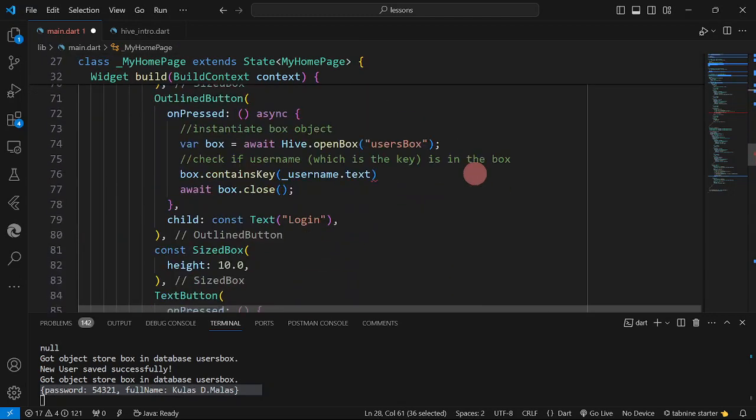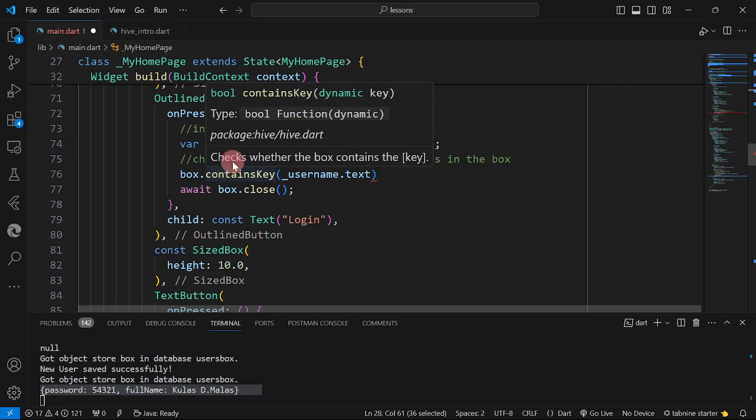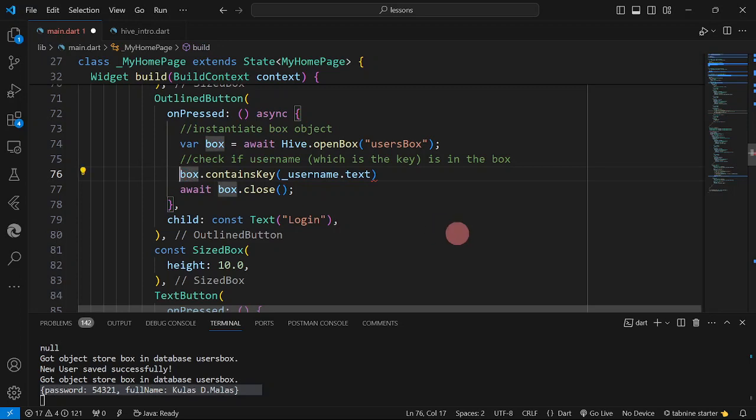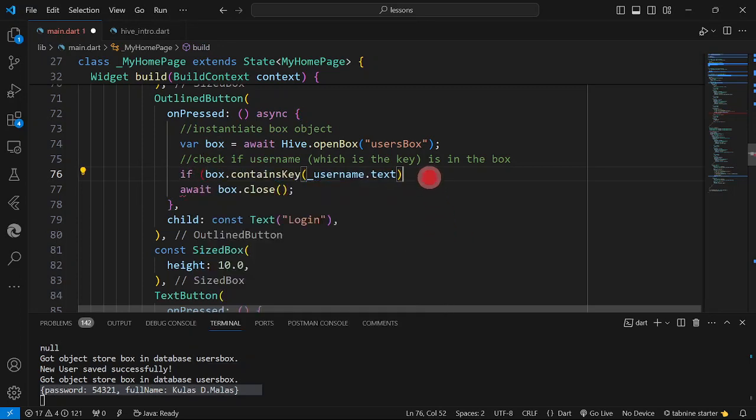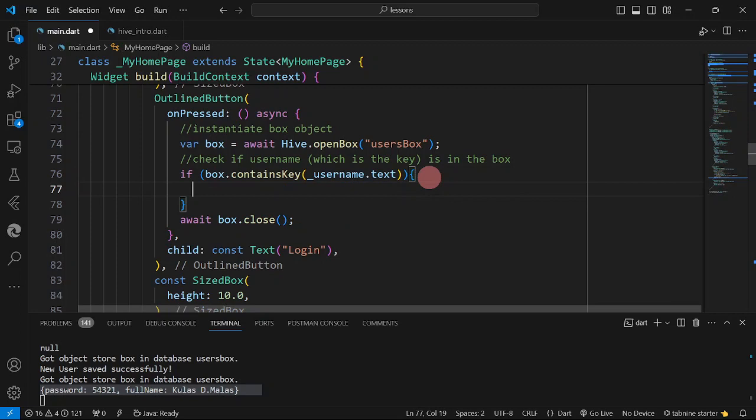Okay, so contains key is going to return a boolean value. So we could use this one here as the condition for our if statement. Meaning if box contains the username inputted, so therefore it is there. Okay, else,